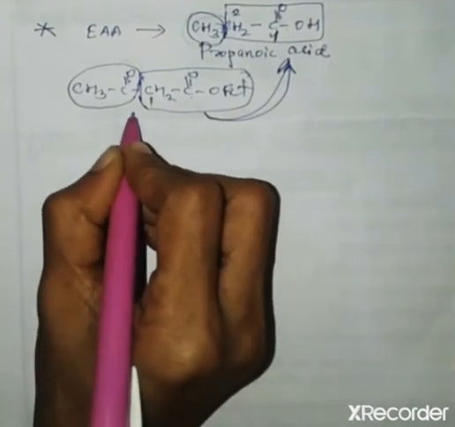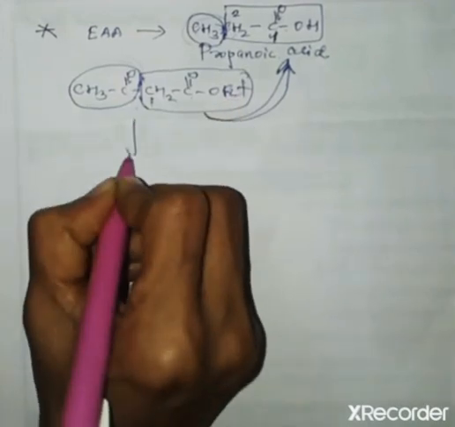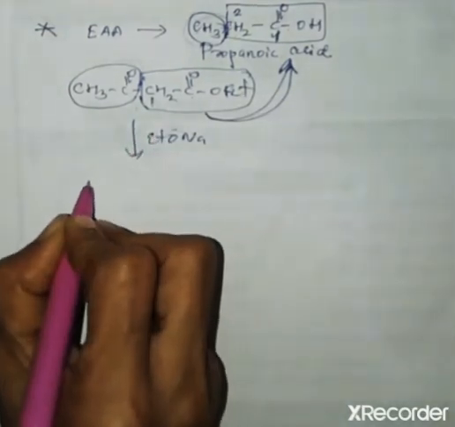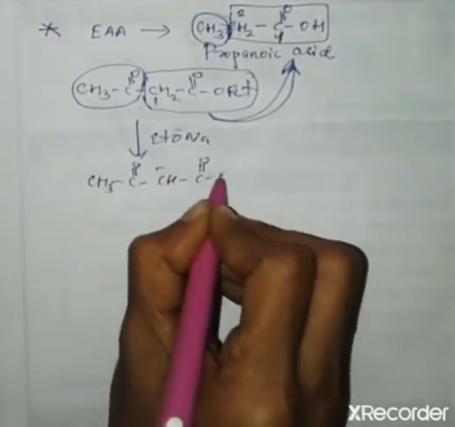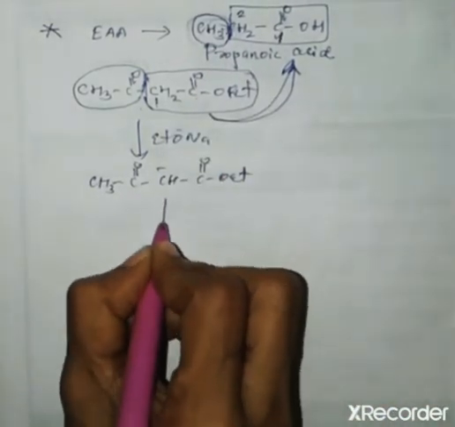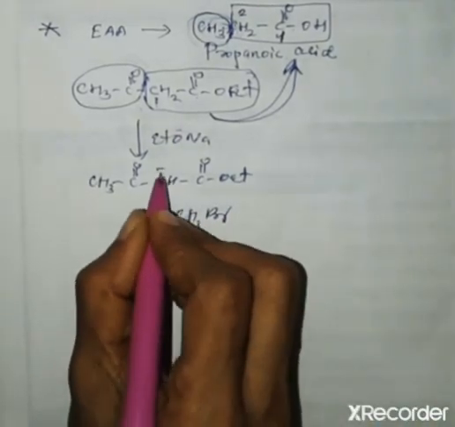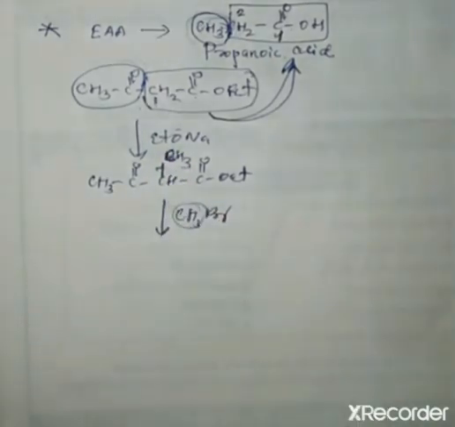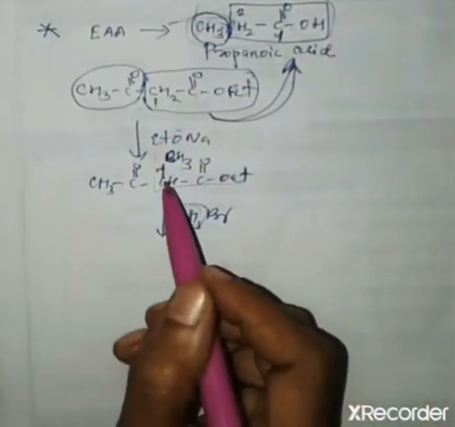First, the ethyl acetoacetate, CH3 C double bond O CH2 C double bond O OEt, is treated with EtO minus Na plus and it is converted into CH3 C double bond O CH minus C double bond O OEt. So we want to introduce this CH3 group here, and it reacts with CH3Br. We can get the CH3 group bonded to this carbon atom. Okay, so this part is obtained.